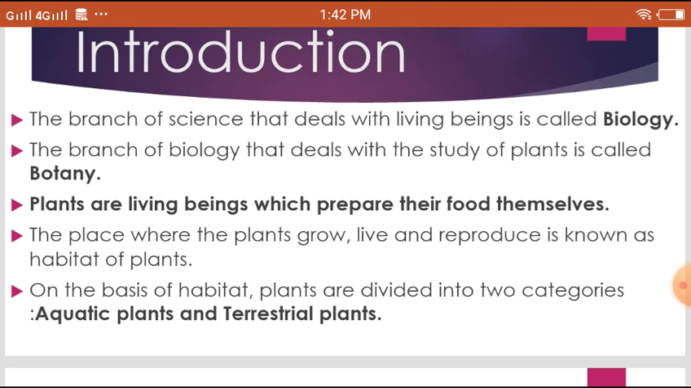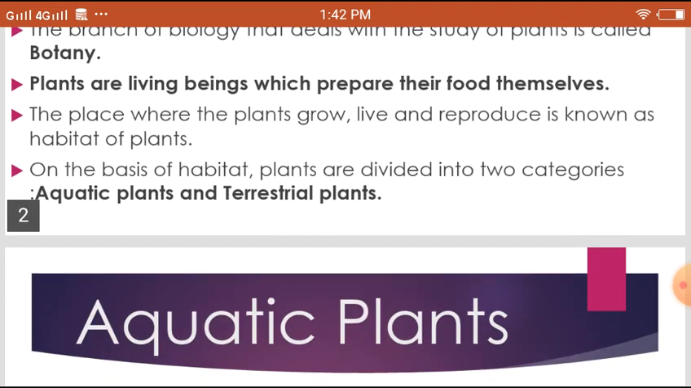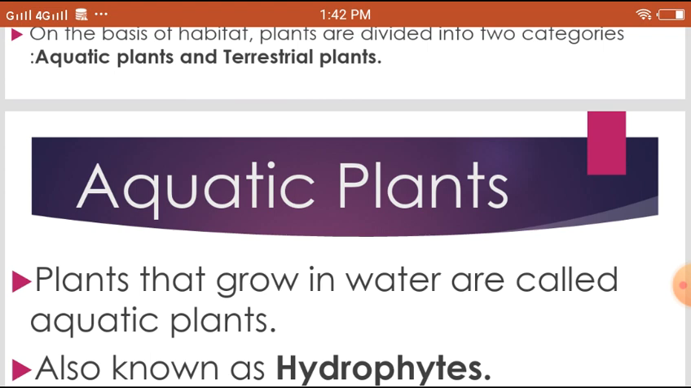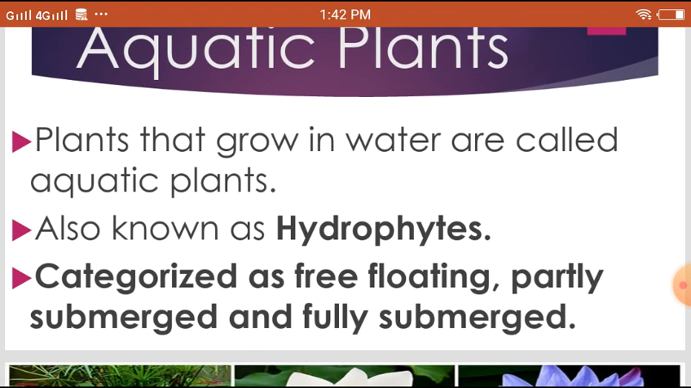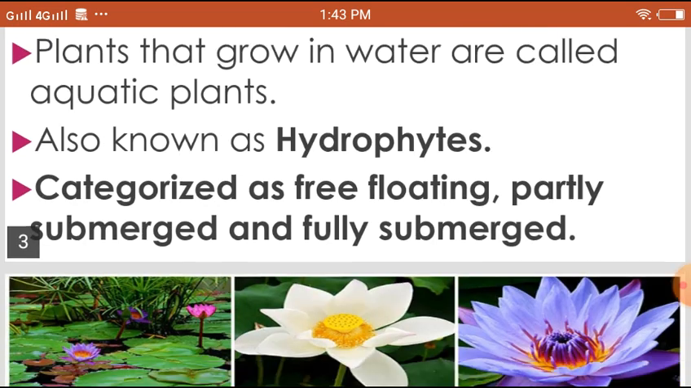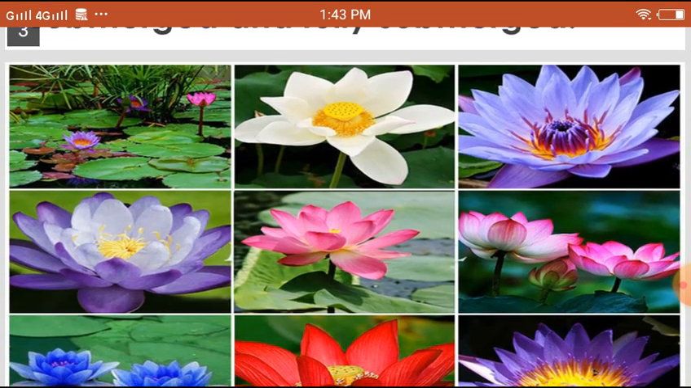So, let's discuss aquatic plants first. Plants that grow in water are called aquatic plants. These plants are also known as hydrophytes. The aquatic plants can be categorized as free floating, partly submerged, and fully submerged. These are some aquatic plants: